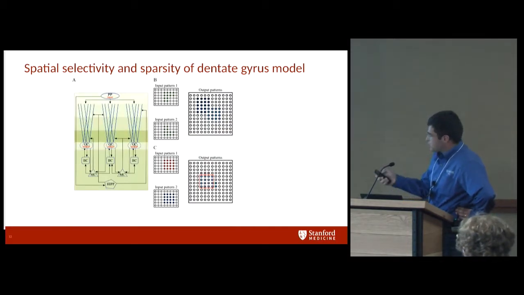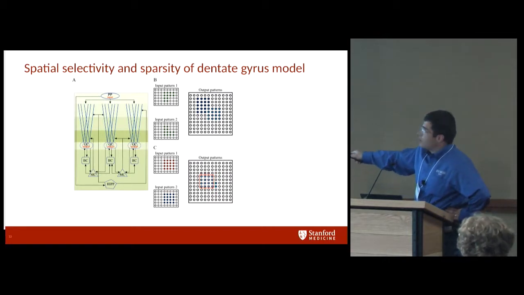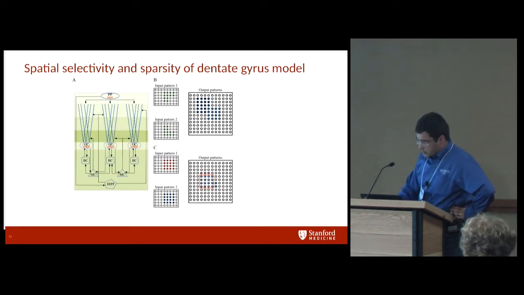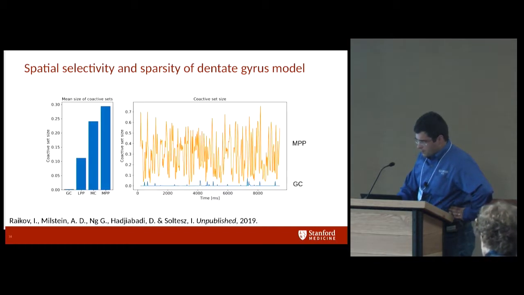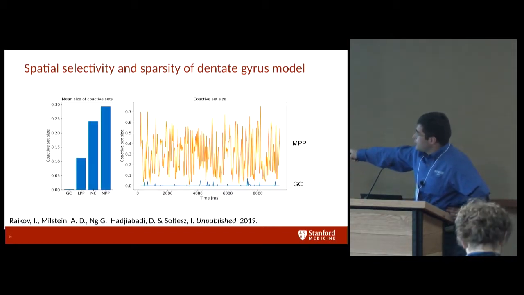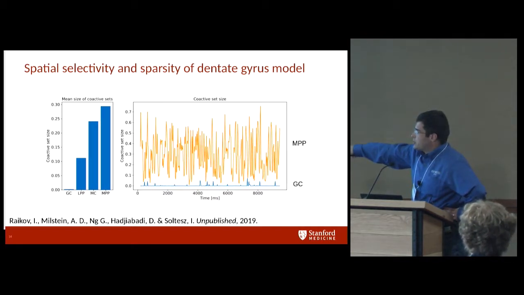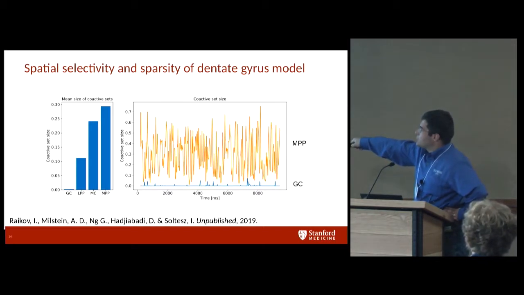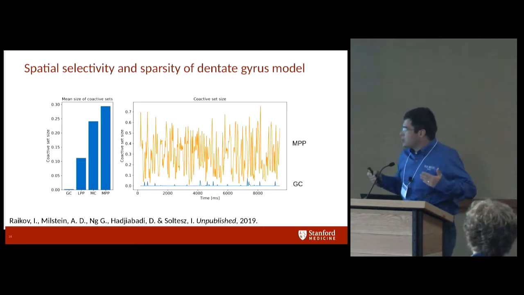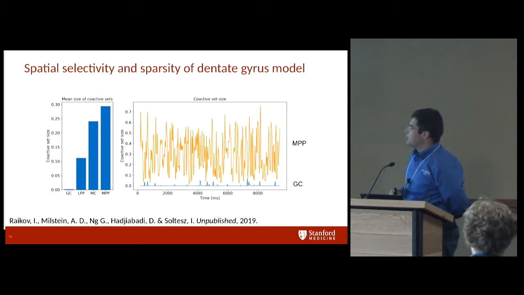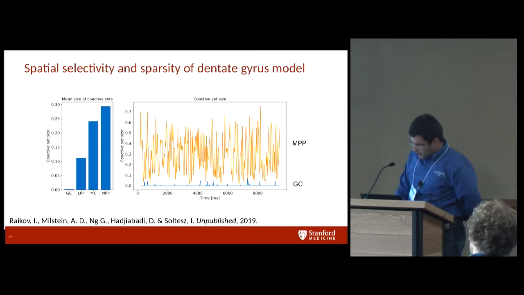And this is the process of pattern separation. For highly overlapping inputs, we want to have a non-overlapping spatial representation. This is a quantification of this pattern separation. This is the overlap of inputs, or the correlation of inputs coming into the dentate, into our model. And these are the principal output cells, which show very low correlation. And this is another representation of the same thing, just indicating this is really for the first time that we're able to show this in a full-scale biophysical model.